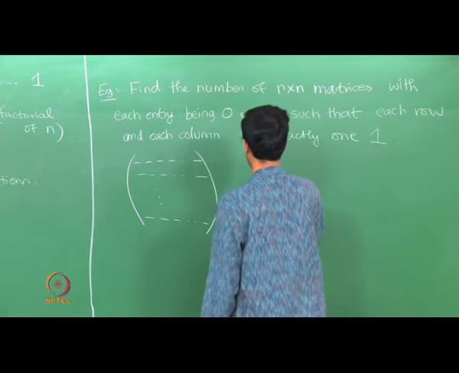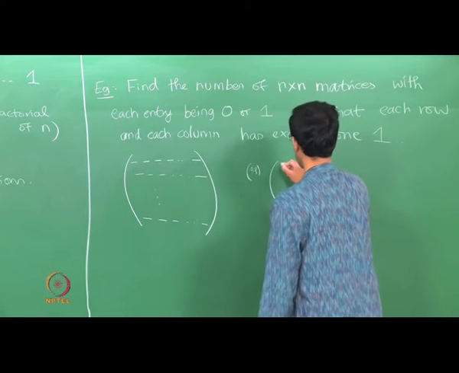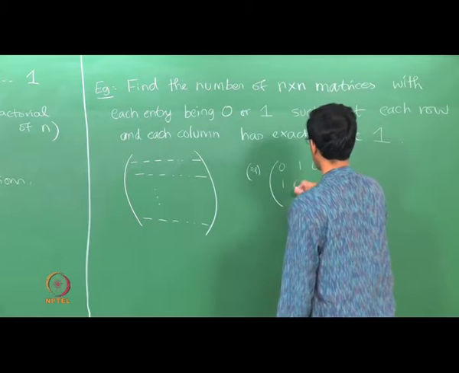Now to get a sense of this, so let us just see how one would try and do this. So imagine you had such an arrangement. So here is an example. If you did have, say, for n equals 3, you could put a 1 in the second place, so that row is taken care of. You can put a 1 here.